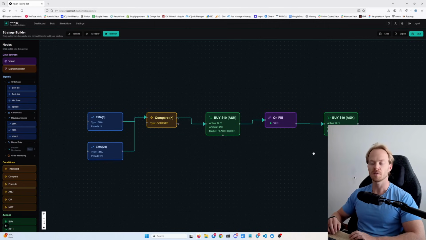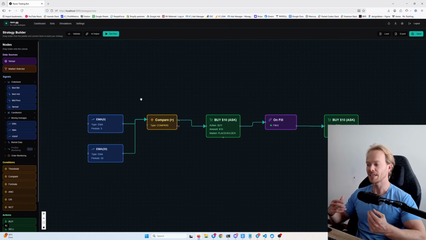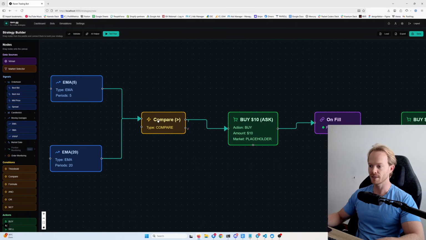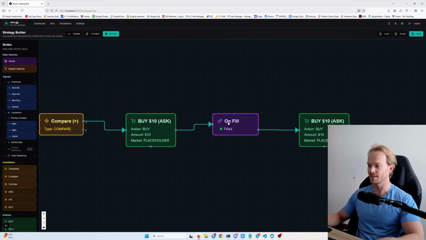There are still some issues with it, for example, I haven't added a venue or a market selector, but that's fine. The idea is sound, and you can see how it's actually created two different EMAs, an EMA 5 and an EMA 20, into the compare node here. I see that there's some error where the error doesn't point to the right node, so I'm going to fix that. And then it does a buy on the ask side, and then when it's filled,